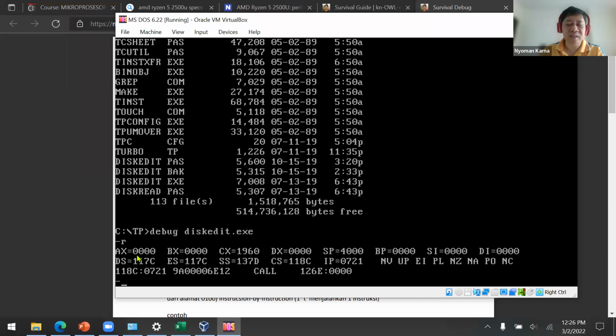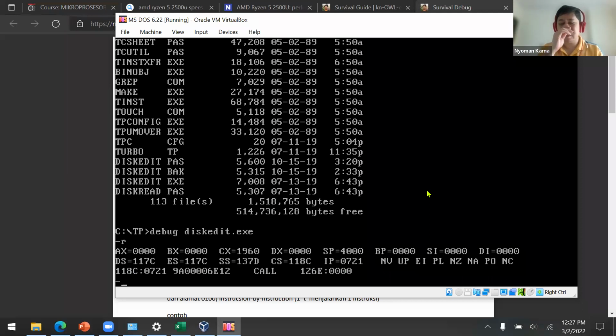We have the AX register, the BX register, the base register, and CX and DX. This is the data register. Then we also have several address registers: stack pointer, base pointer, source index, destination index, data segment, extra segment, stack segment, and code segment, and instruction pointer. This is the instruction pointer that stores the next instruction that needs to be fetched from the memory.